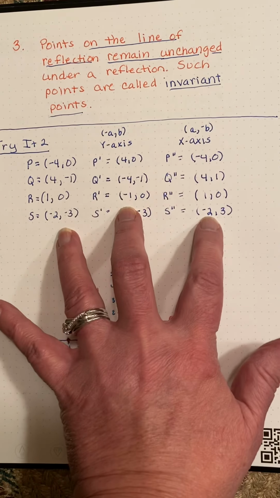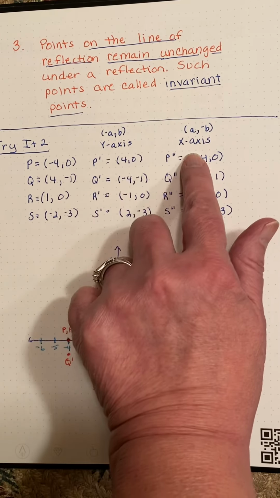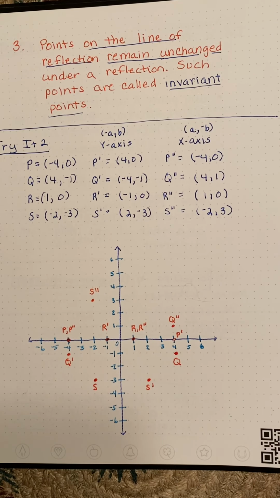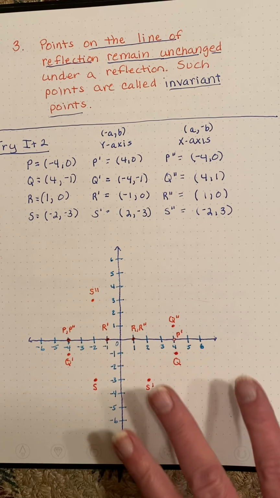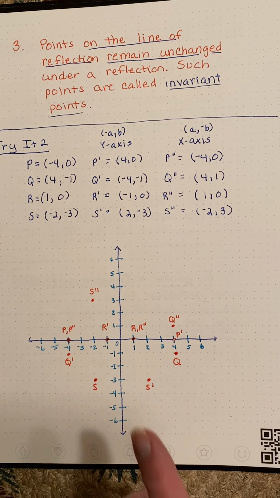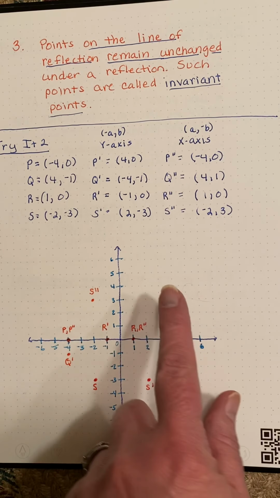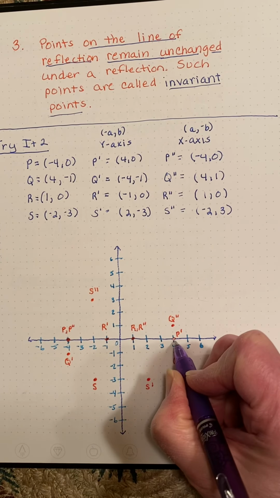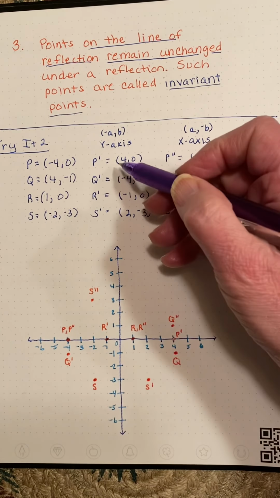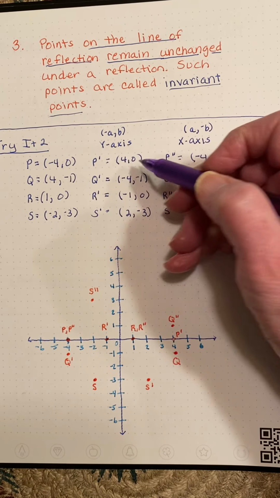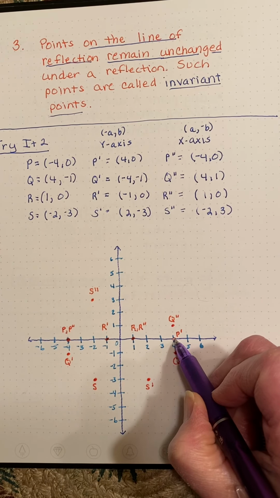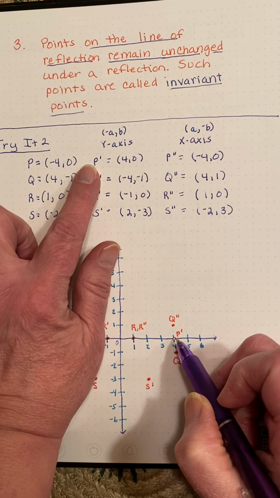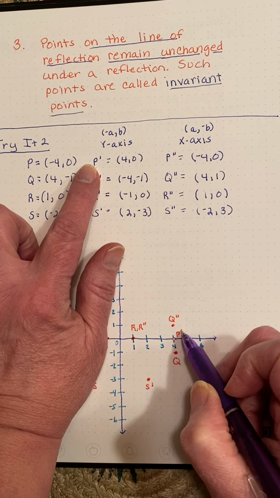I like to figure out my points using the generalizations, because then putting them on one graph is real easy, and I don't have to do all that counting and drawing the lines. You can draw the perpendicular line and do all the counting if you'd like, but I find I make more mistakes that way. So basically then I go to 4, 0 right here, and that's where I put my first